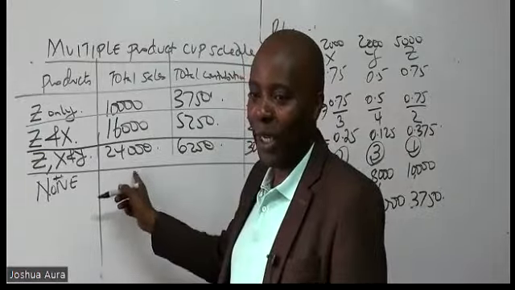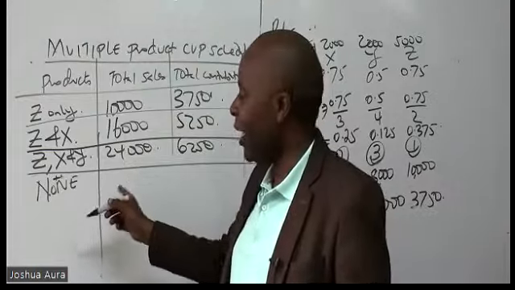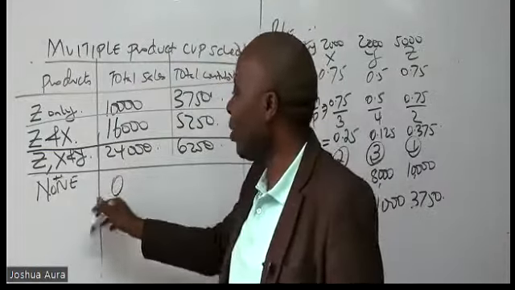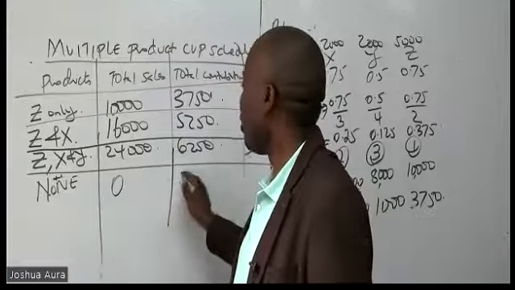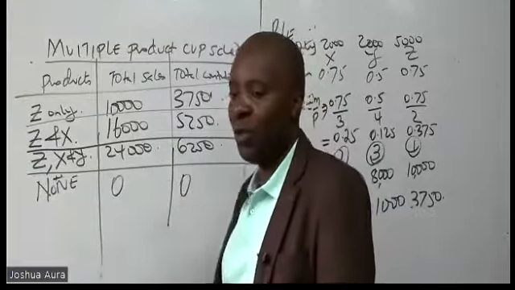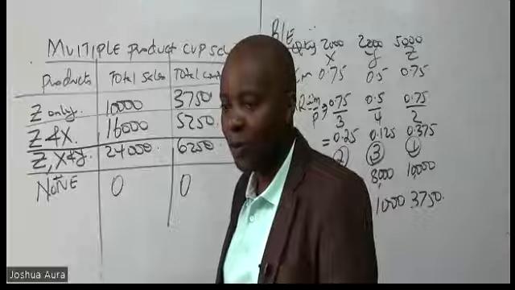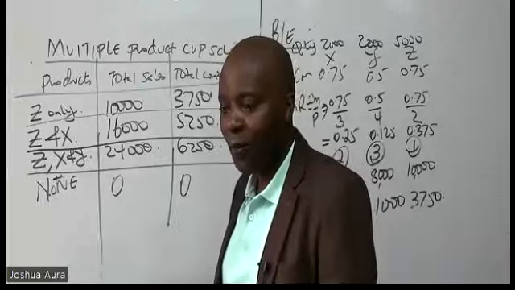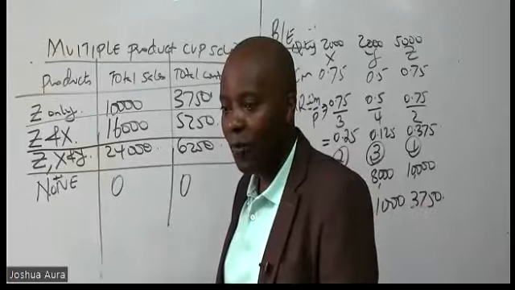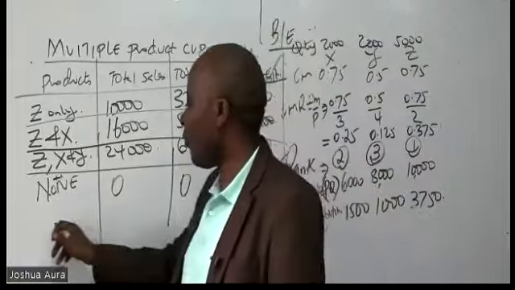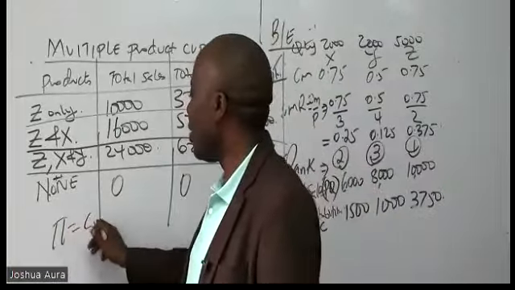how much will we get as sales? Now, unless you're a thief, if you produce none, sales will be zero. If you produce none, contribution will be zero. However, profit has to be there because of what? Fixed cost. Profit must be there because of fixed cost. So to get our profit, remember we take contribution